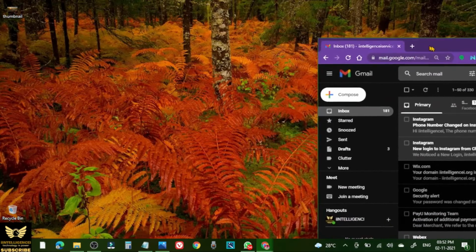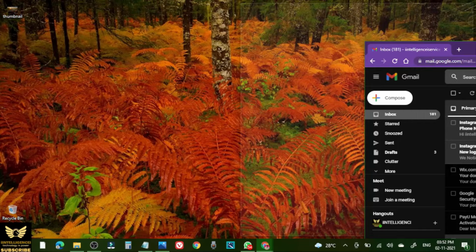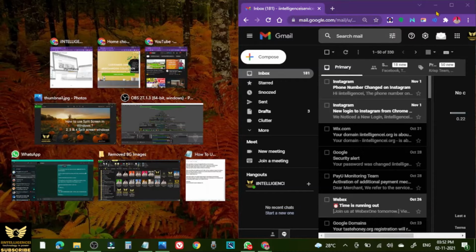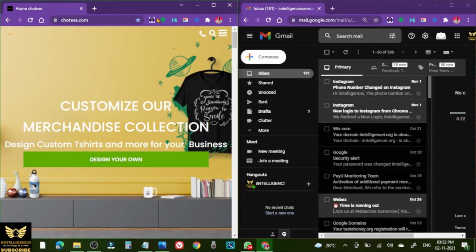When you move it here, you release it, right? And the other half shows whatever windows have been opened. Once you click a window, it becomes the other half. There is the left half and this is the right half. Okay, now